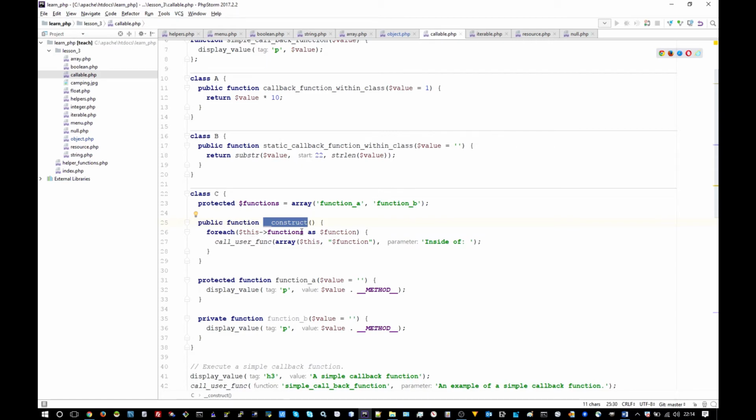loops through this protected functions property, which contains an array with two strings, the first one being function A, the second one being function B, which are the names of the methods that this class contains. Through each iteration it will pass the function name to the call user function,